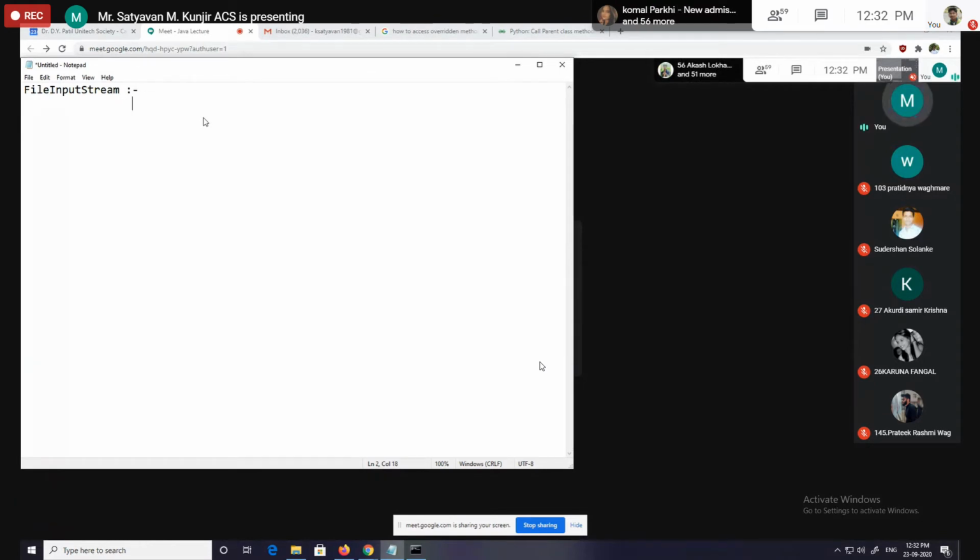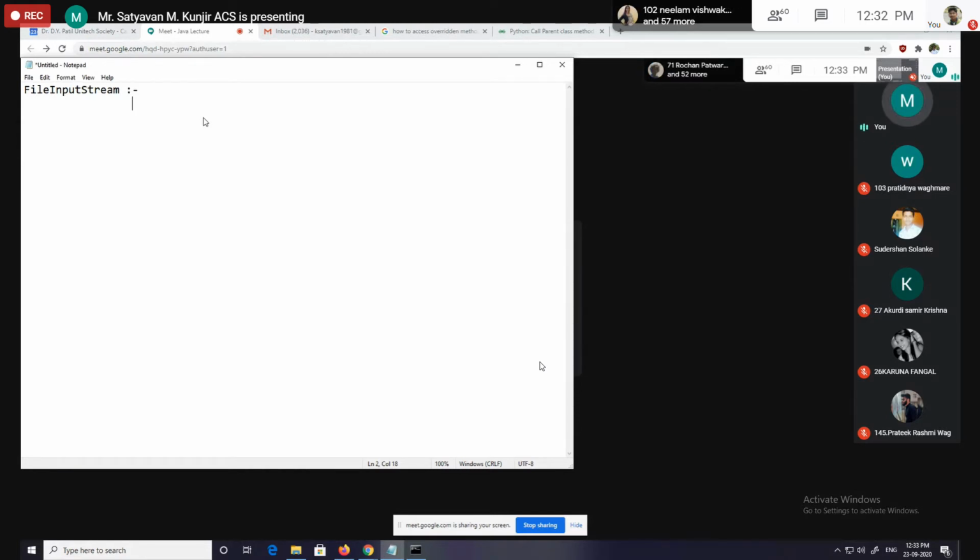Then see, what is the file input stream class? Students, suppose you want to write applications on file handling, then this class is very helpful to us. It is a class belonging to package java.io. That means if you want to use that class in our Java application, then first we have to import the java.io package. That class is used to open a file in read mode.